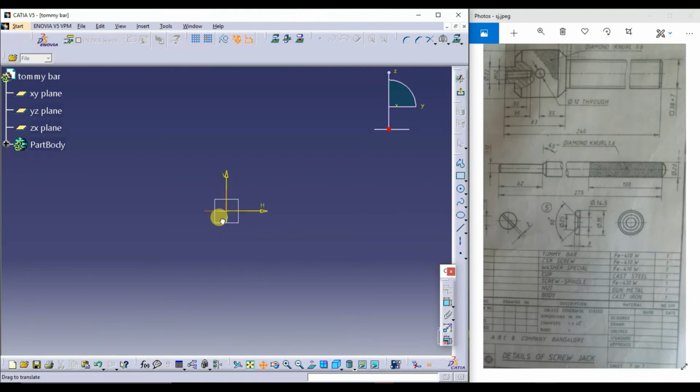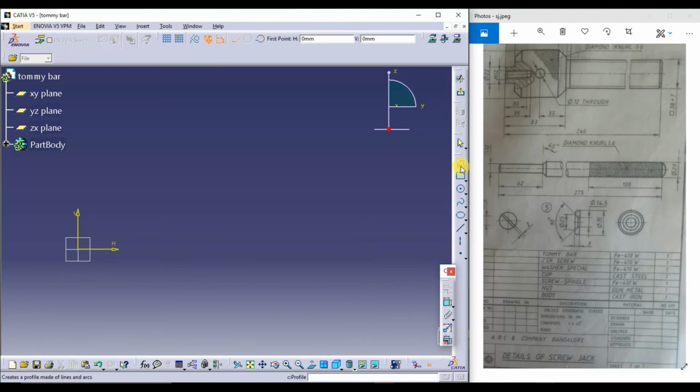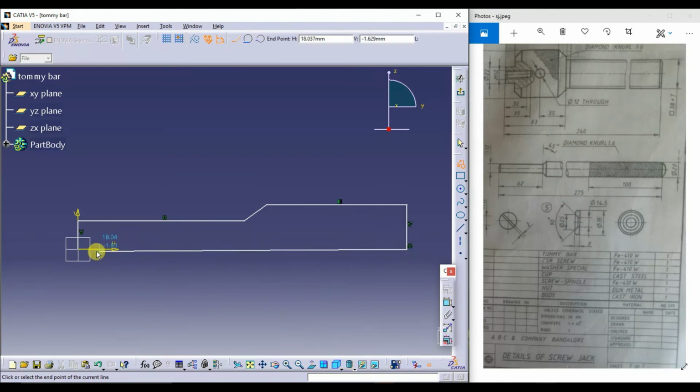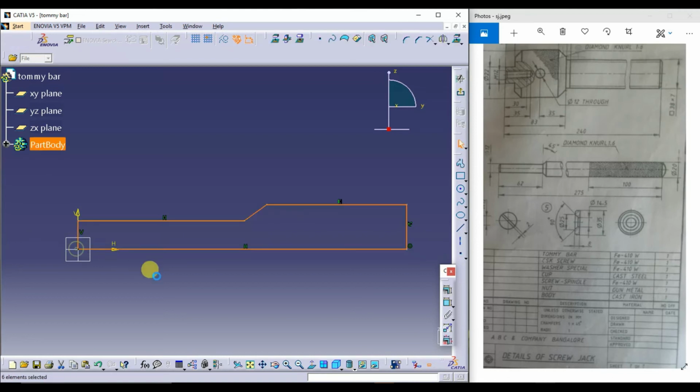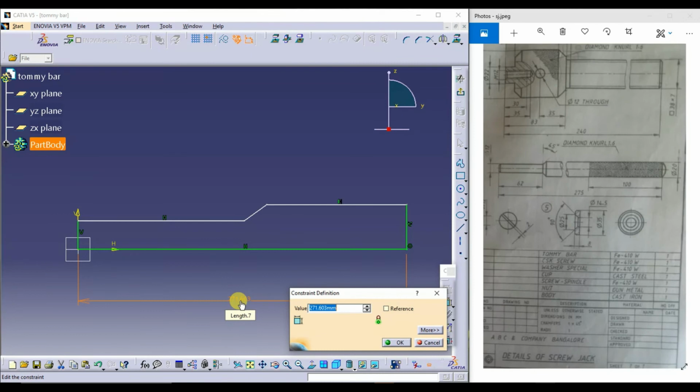Just I'll drag somewhat here. I'll go for the profile. 275.